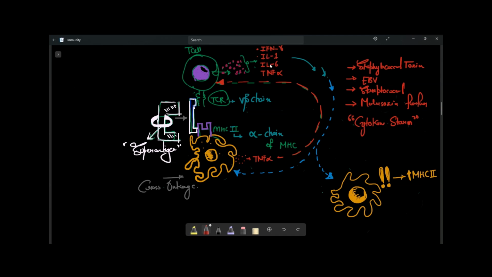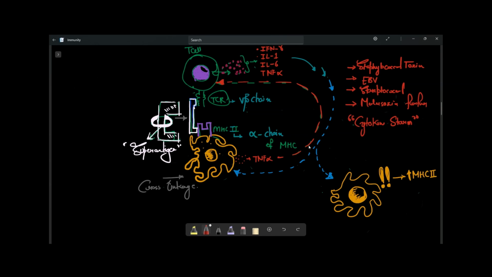They result in the activation of the macrophages, and the amount of those cytokines is very high, and that's why a term which is assigned to this reaction is cytokine storm. So these are the molecules or the chemical signals that result in a cytokine storm, and